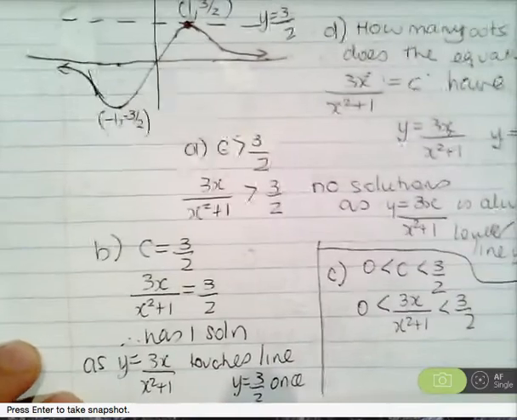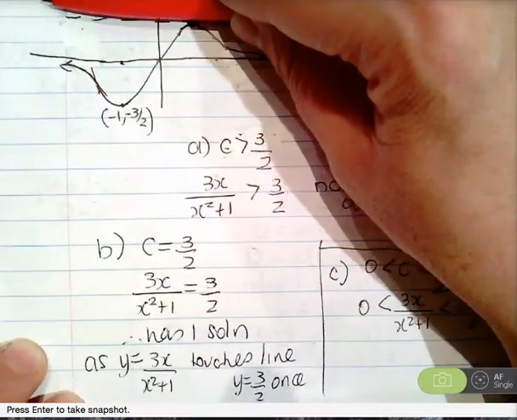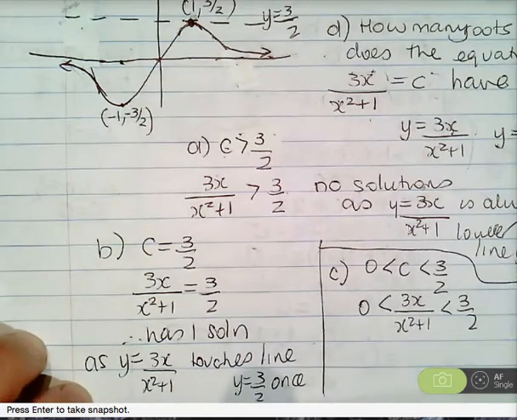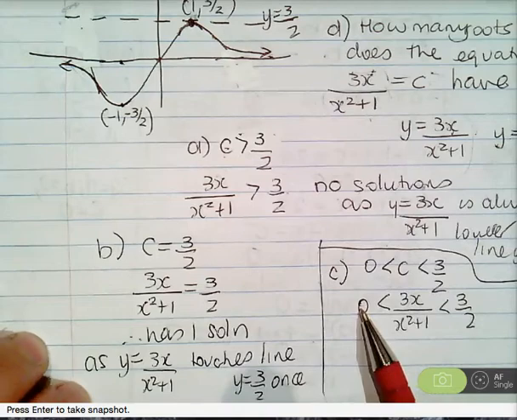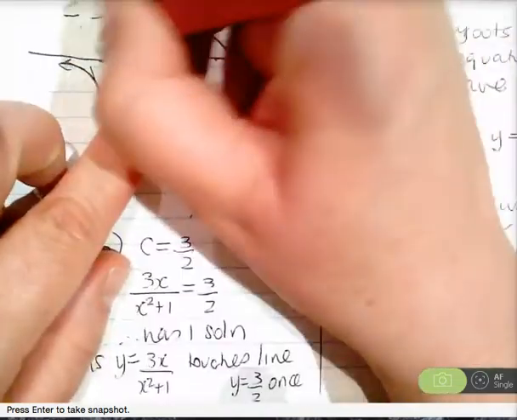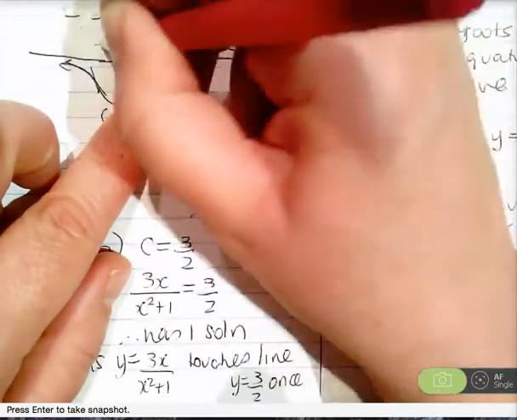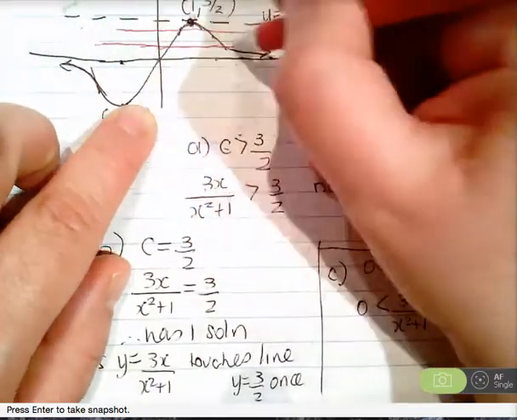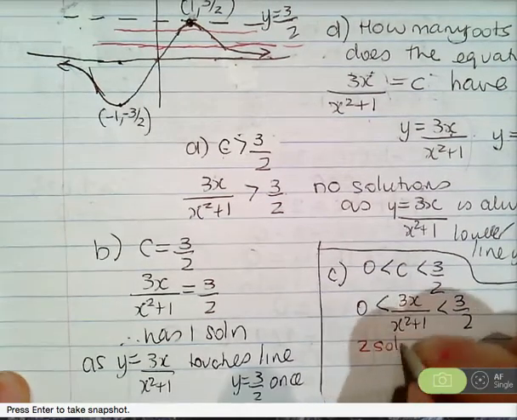Now, here is y is 0 and here is y is 3 on 2. Now we're asking how many times, for values of y between 0 and 3 on 2, if I draw any values of y across here, you'll see that those red lines cut that curve twice. So therefore we have two solutions,